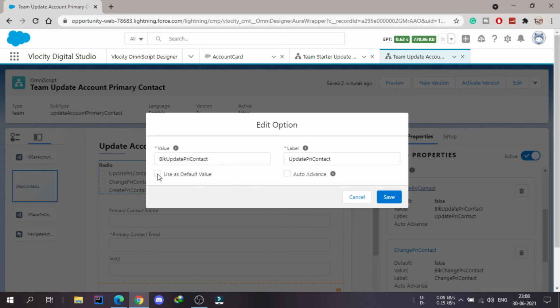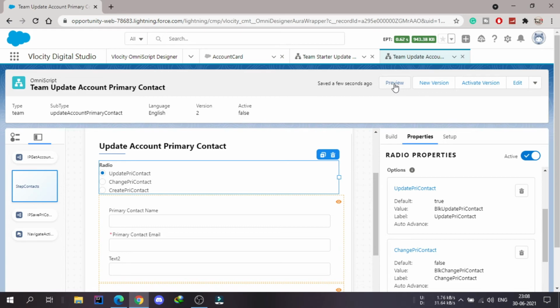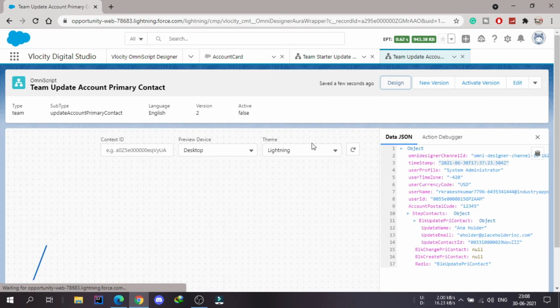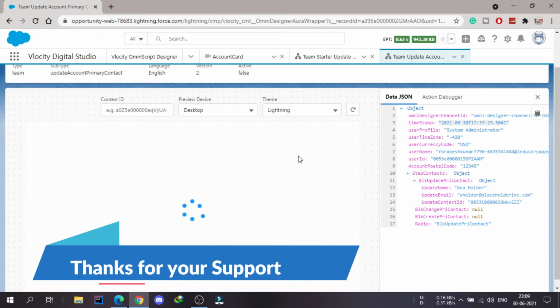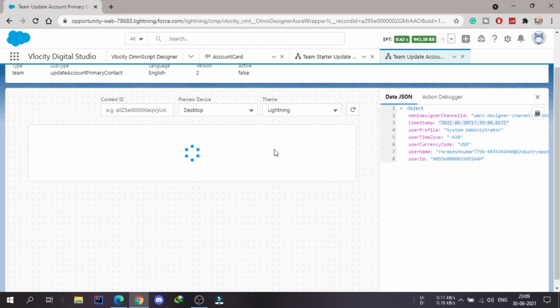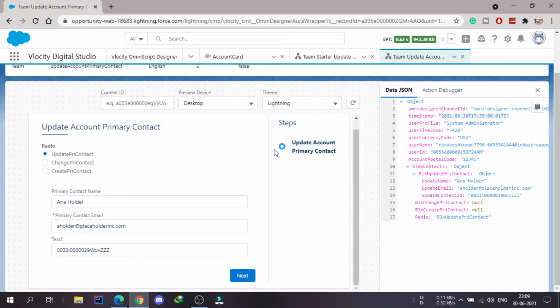So I can check this so that it will be used as a default value. If I save this and preview it again, this update primary contact should be automatically checked by default, and the fields should be displayed. You can see that it is already selected and the fields are displayed.